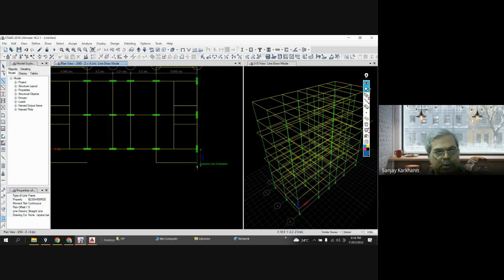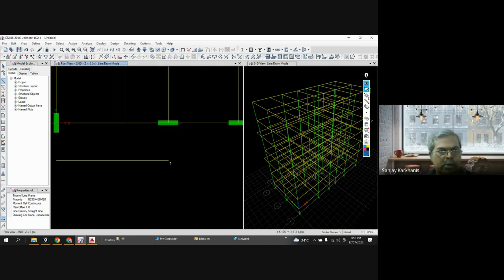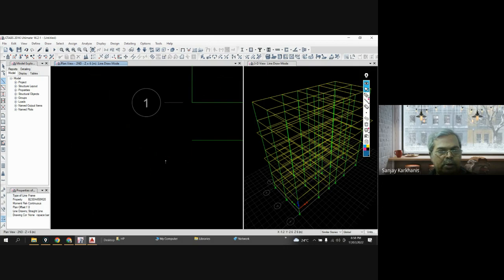Enter, joint, and then grid point. Enter, then joint and grid point. Enter, then joint and grid point. Enter. Okay, then close this,